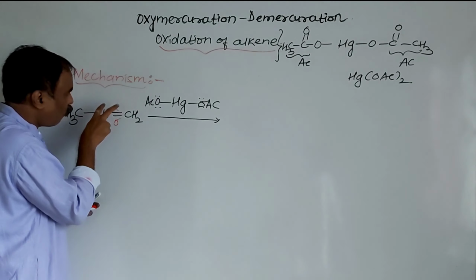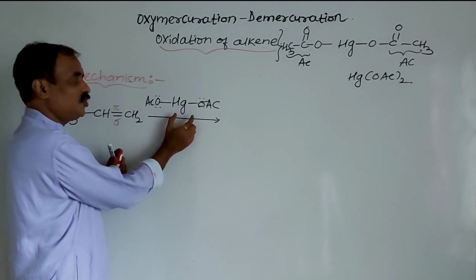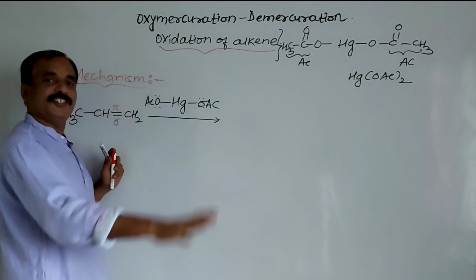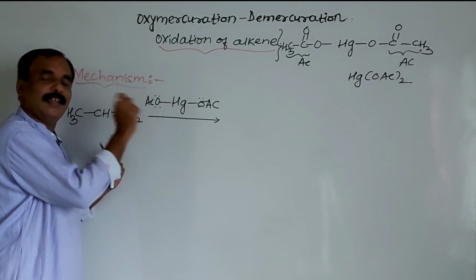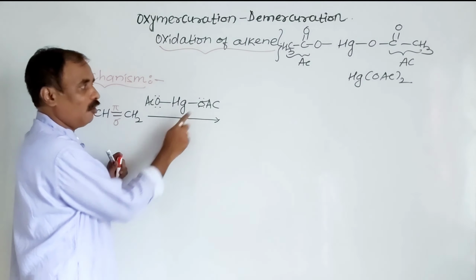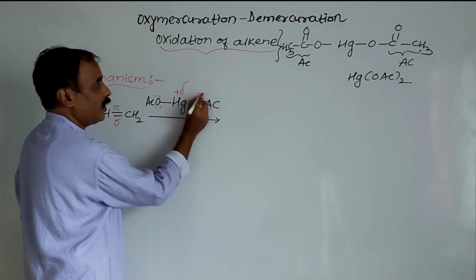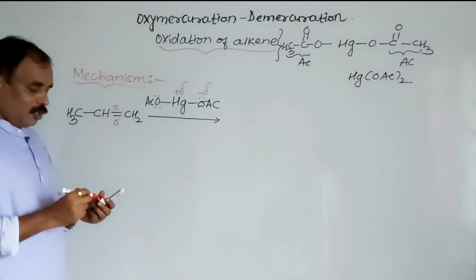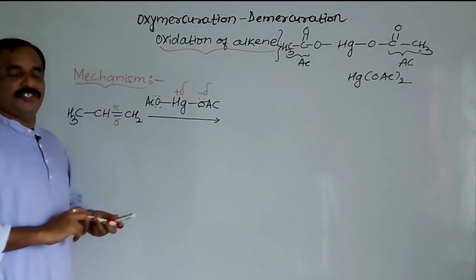So due to the pair of loosely bonded electrons, remember, polarization of this compound takes place. Because of this, its polarization, isn't it? These electrons create a conflict between the two atoms, isn't it? So here mercury is a metal, oxygen is a non-metal. We know that polarity is like this, plus delta, and here it is minus delta. So due to pi electrons, due to loosely bonded electrons, here complete polarization.